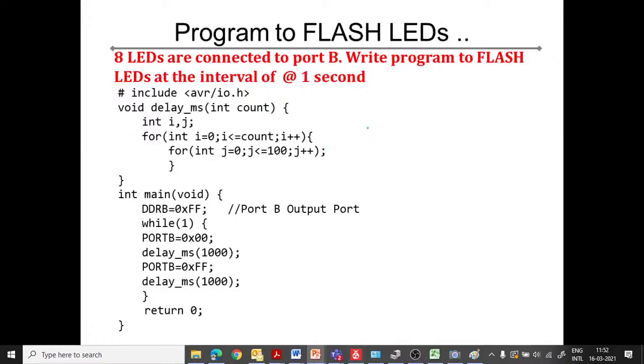You can see in C language also you require a delay routine. So the delay routine is written here. The same process we are doing. In that case we were saving the count value in a register. Here we are saving the count value in a variable. So for integer i equal to 0, i less than count, i plus plus. j equal to 0, j less than 100, j plus plus.